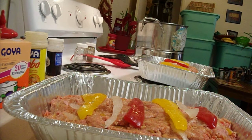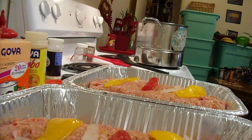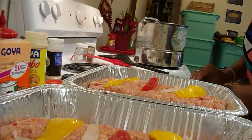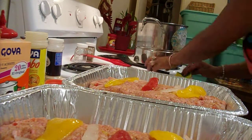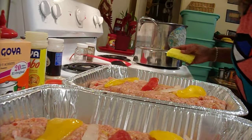Okay, kind of here trying to clean up. Sorry, you guys, I'm wasting time, but I have to clean up as I go. I can't stand that. But anyway, kind of wipe that up, make it nice. Okay, let's check on the